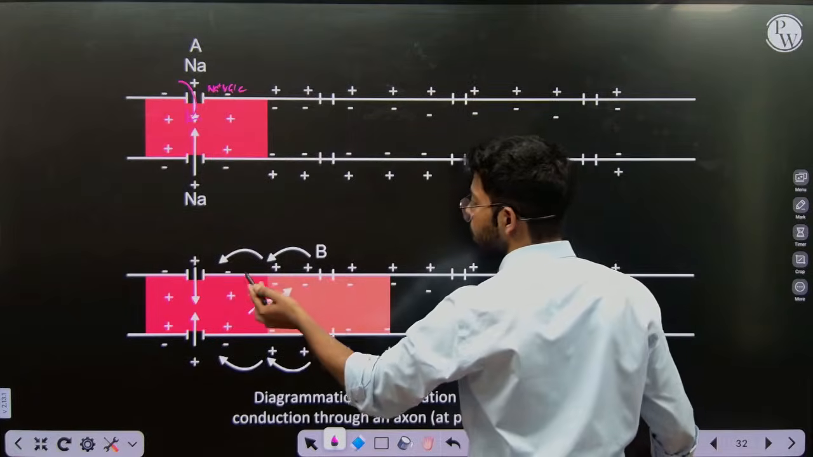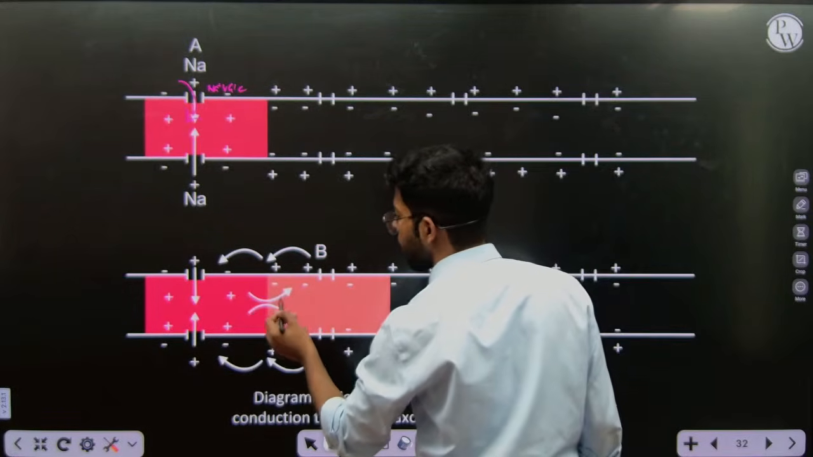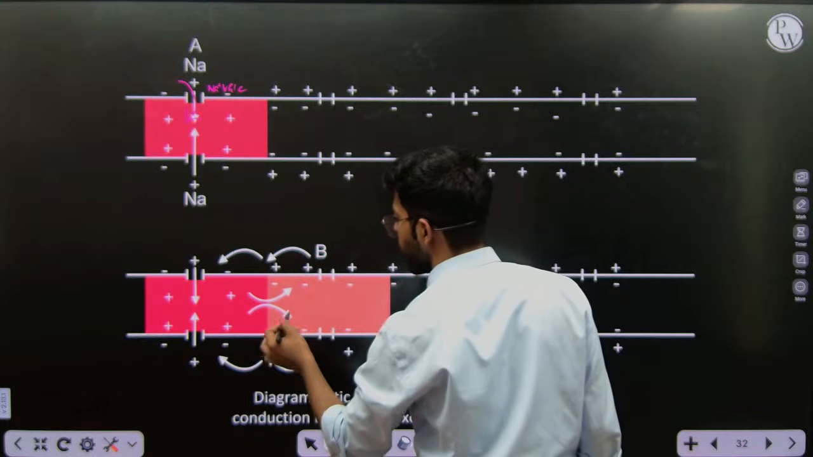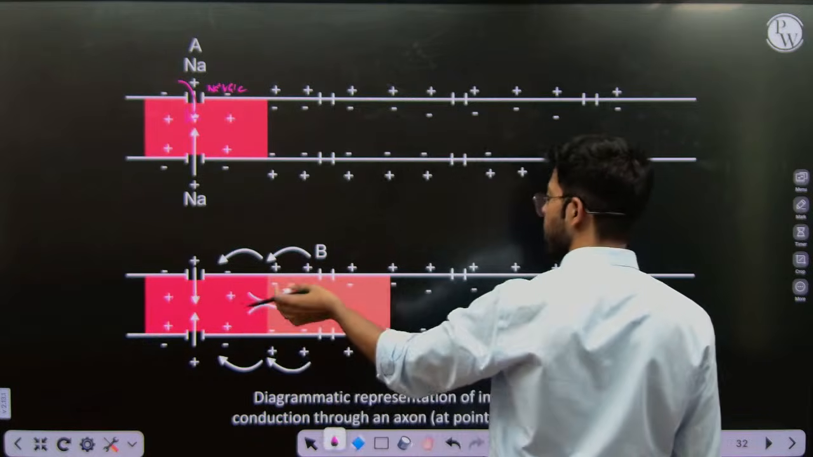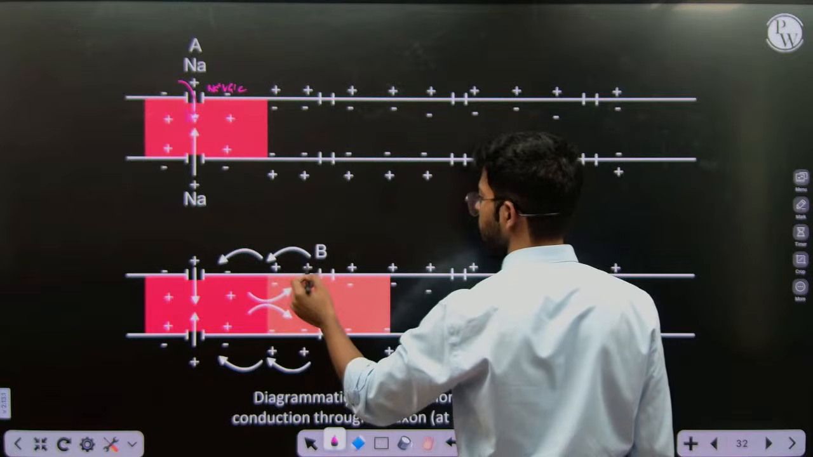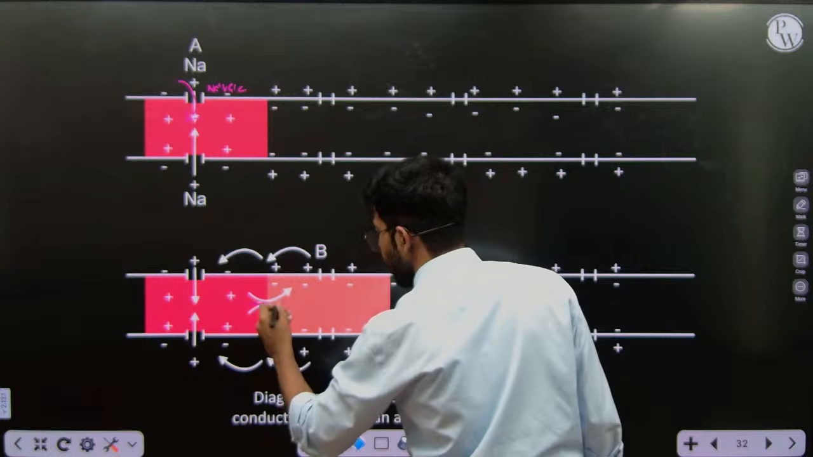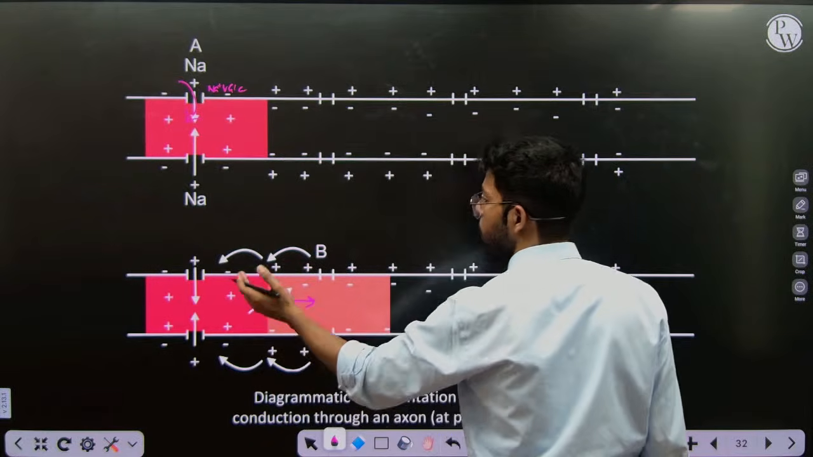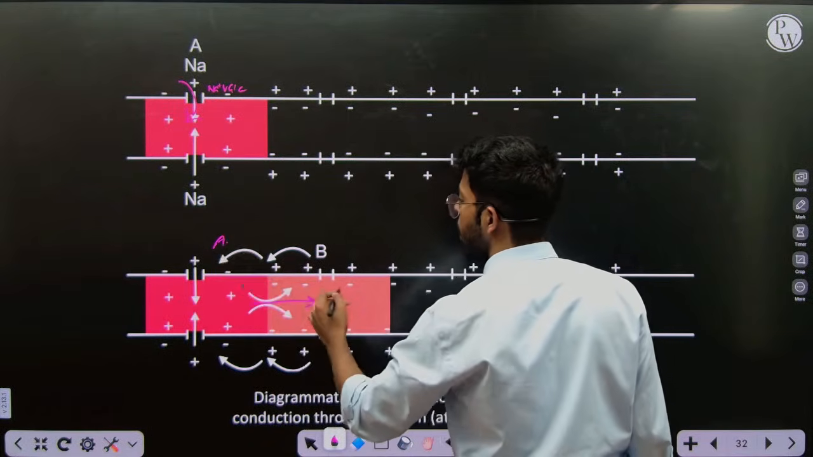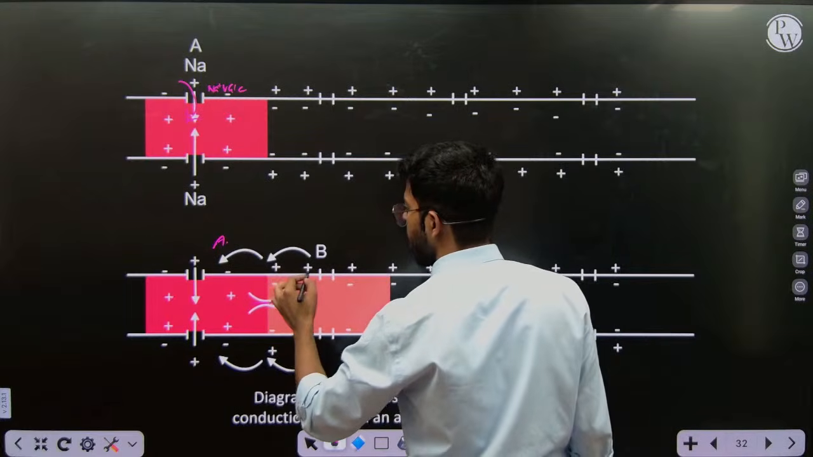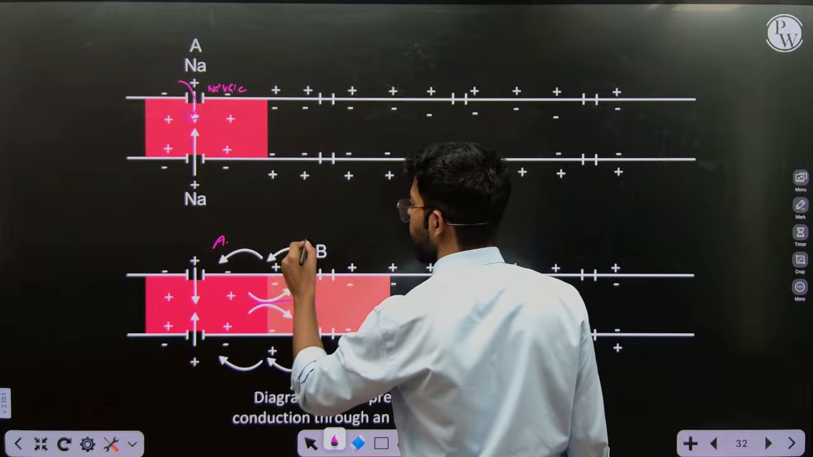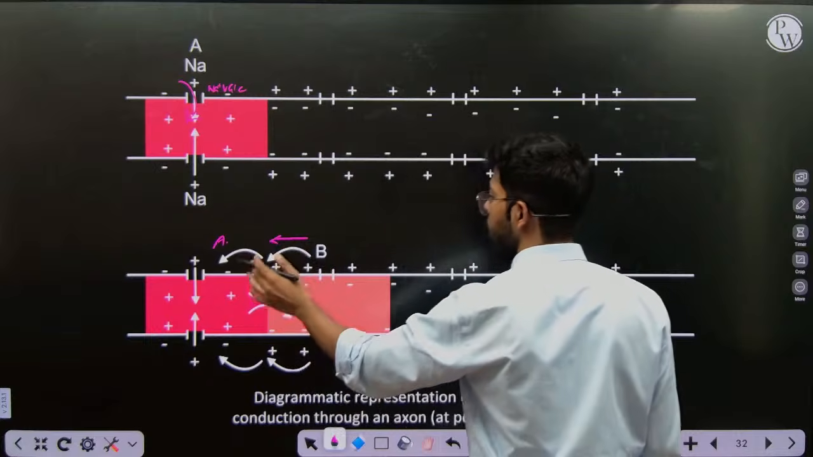And now it transmits from positive to negative. It is the natural law. It transmits from positive to negative, and inside the cell the direction is from A to B. But if we talk about outside the cell, the direction is from B to A, so that